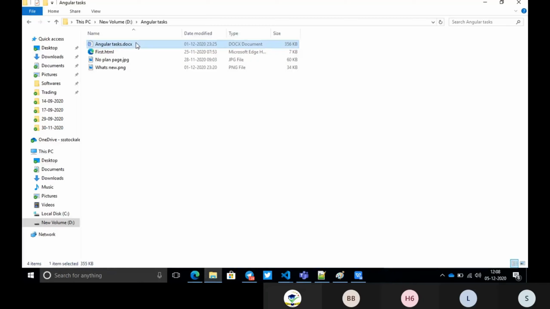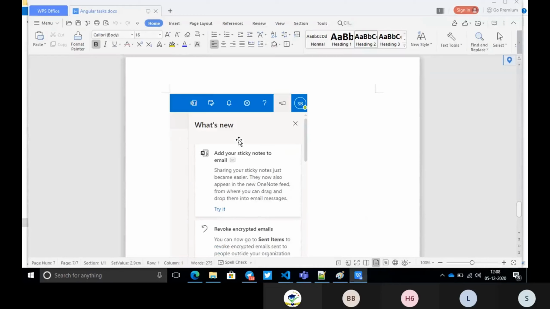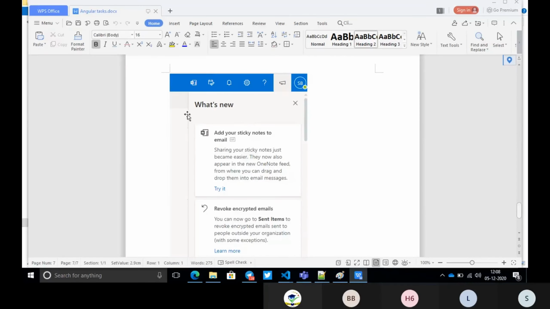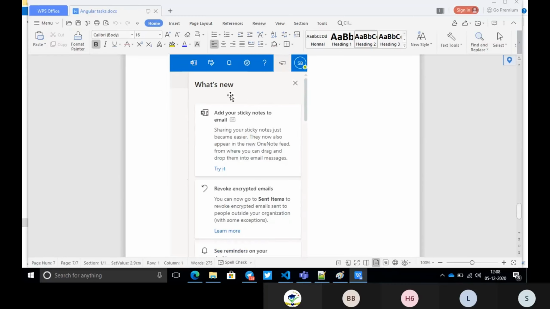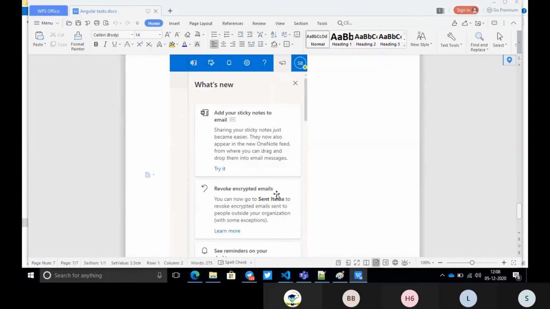Your duty is to work on the requirements we give. In the office, they will document the requirements with some other details, and what we have to do is implement them. Suppose my team manager gives a document to me saying I have to implement this requirement. My duty is to implement this requirement in the HTML. I have to define a component, write the logic, and just implement it. That's all. The project will already be there. You just need to create another component and use it. That's how you should do it in real time.